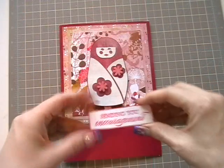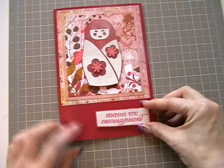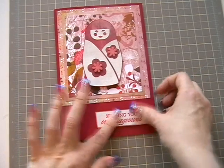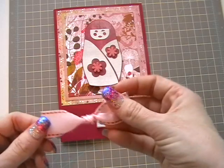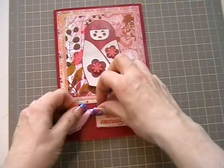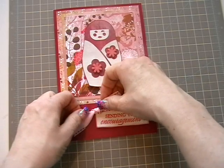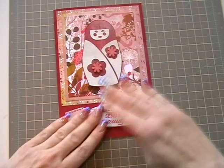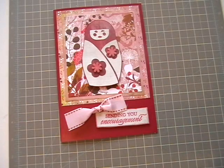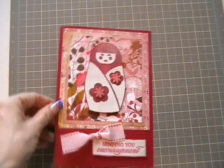So now we're going to put our sentiment on at the bottom there. Put it off to one side, like so. And then I've done a ribbon on a pop dot, which I'm just going to, oops, not put there, just down there, like so. And there's